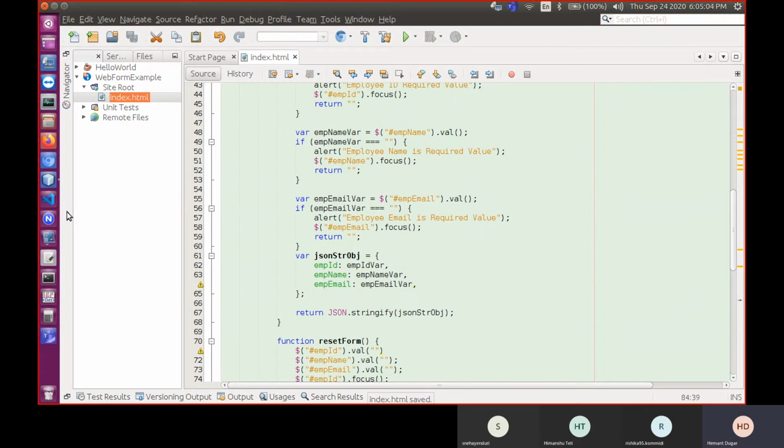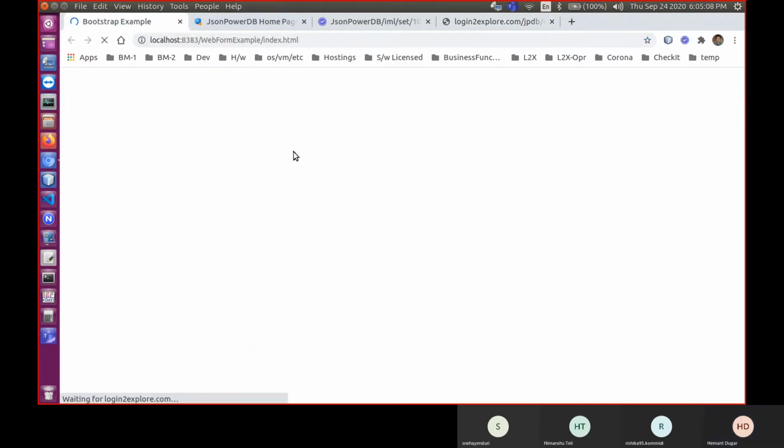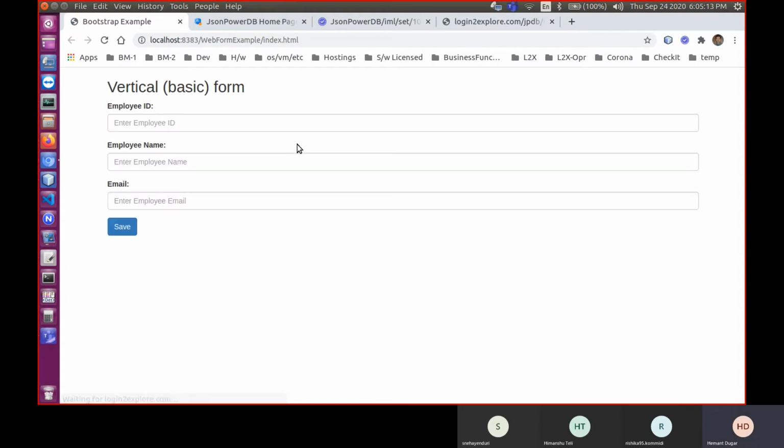Save it and you will see everything is working here. Now it is taking time because it is taking that JavaScript online from somewhere else.